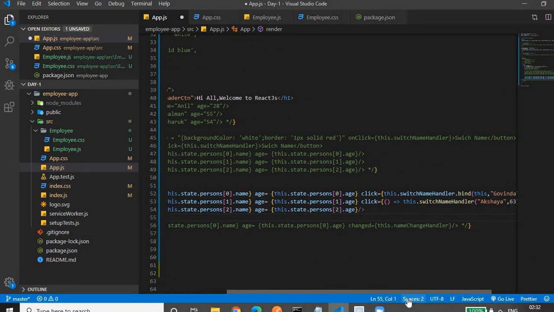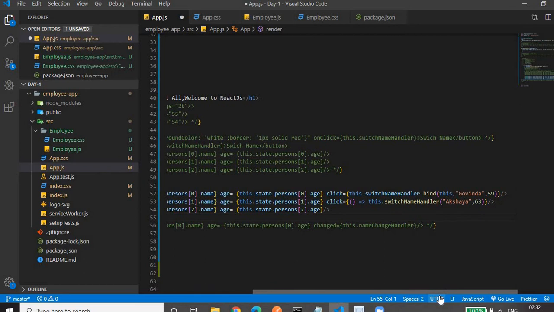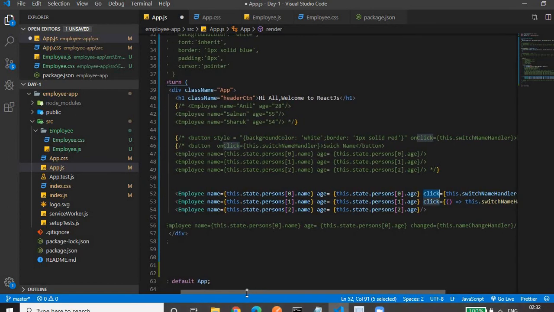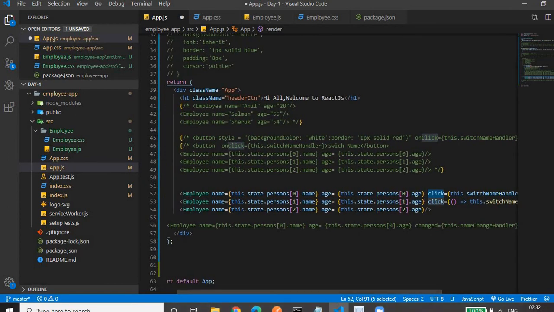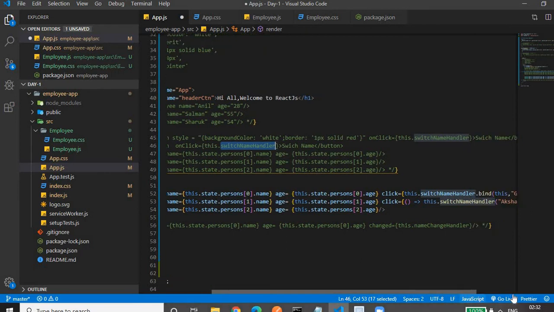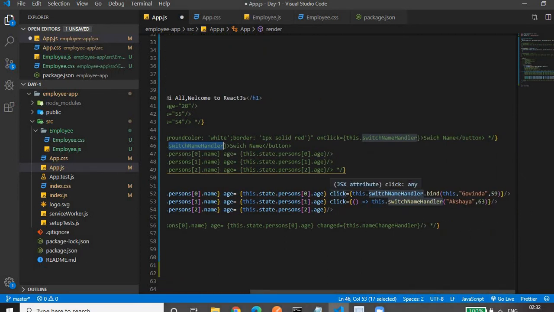Now, click is a prop, it's not an event. Previously we had the onClick event, that's why on click of the button this function is called automatically, but here it's not an event, it's a prop. Don't be confused because the on is missing.